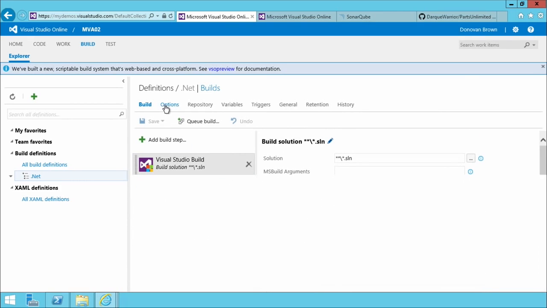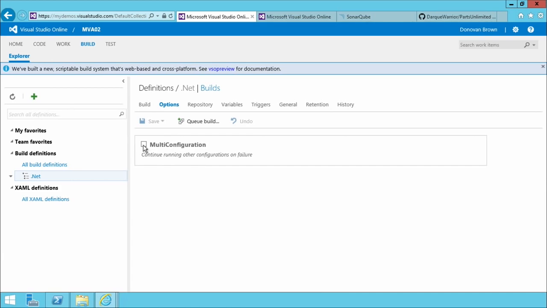After the Build tab, we have what we call the Options tab. The Options tab gives me the ability to run builds in parallel. Let's say, for